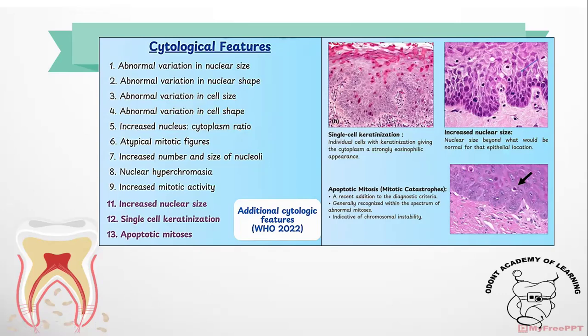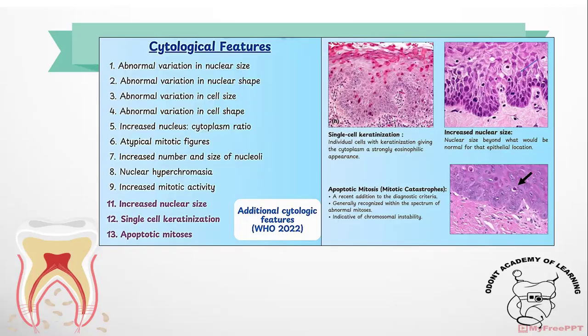Now the question comes, what are these mitotic figures? Mitotic figures basically means the nucleus is actively dividing. They keep on dividing, and that actively dividing nucleus is indicative that the cell is very active. A very active cell could be seen only in case of pathologies. So cell shape, increase in the presence of atypical mitotic figures, and increase in the number and size of the nucleoli,